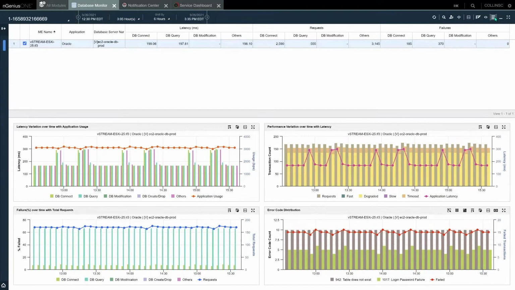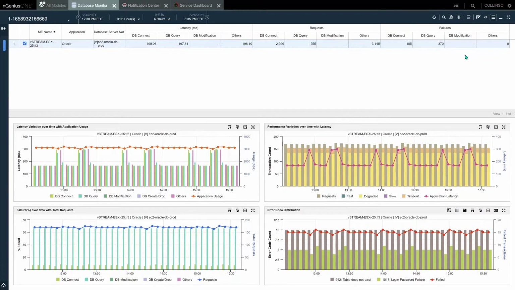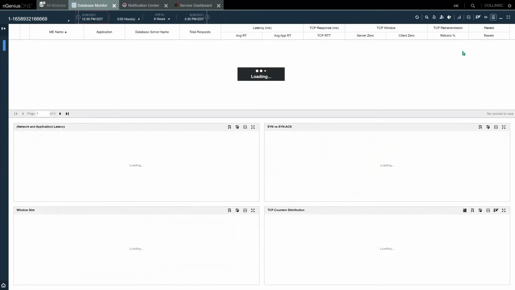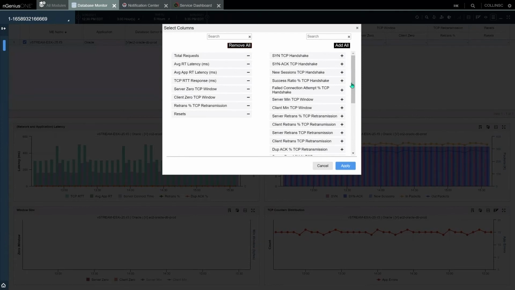Well, let's say that looks more like a network issue. I'm going to switch that over to TCP analysis. Same data set. So that same instrument is doing all this information, does it for each one of these items, for the application focused, for the TCP focused. And there I can look for things like client zero, showing it would show me that I've got an overburdened system, either client or server side, my response times, etc.